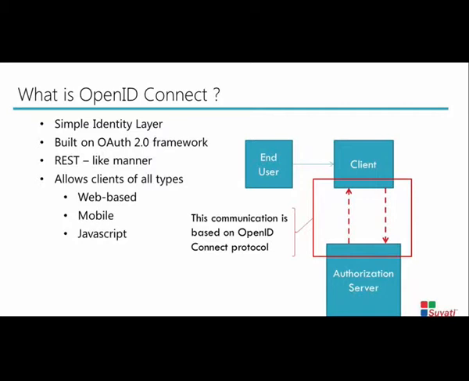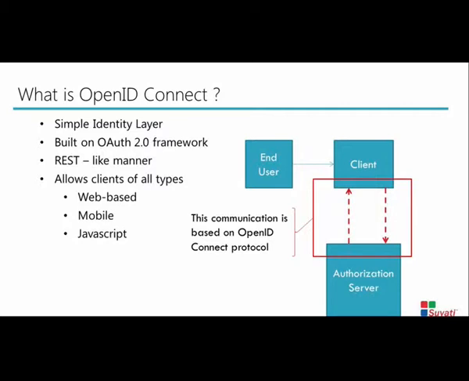So OpenID Connect is also doing the same thing, but it can do authentication and authorization at the same time. Now, another beautiful thing about OpenID Connect is that it is REST-like, which means it's all around the HTTP requests and HTTP responses flowing through the browser. So you can actually do OpenID Connect communication through browser connectivity, and typically the HTTP responses that you get back would be XML or JSON, right?